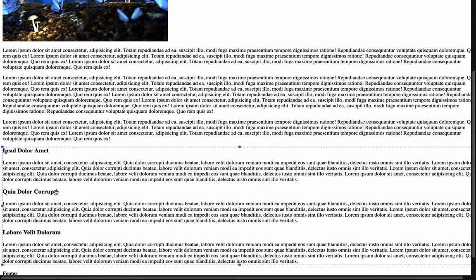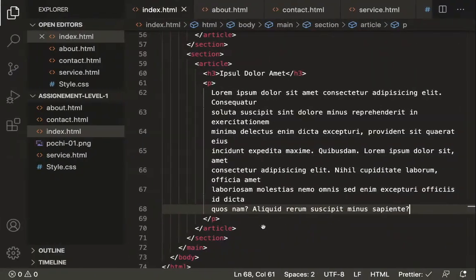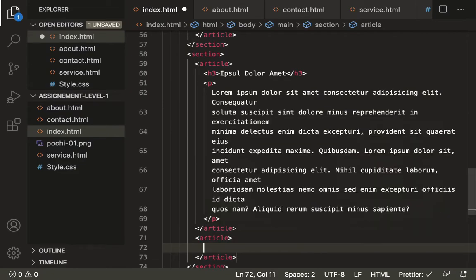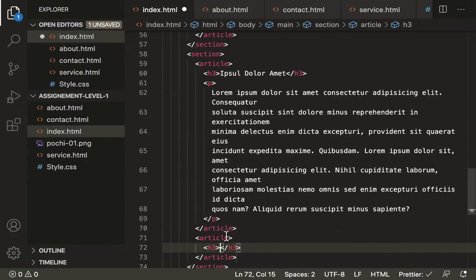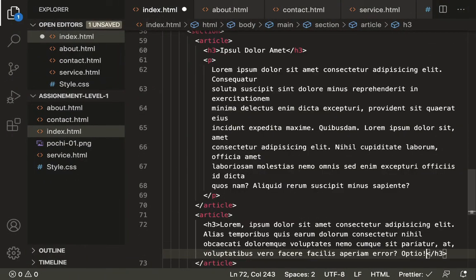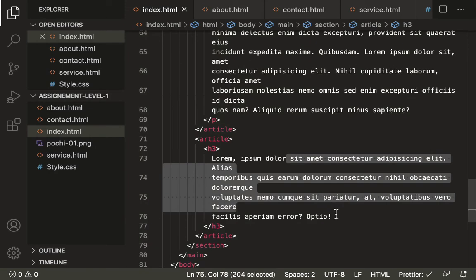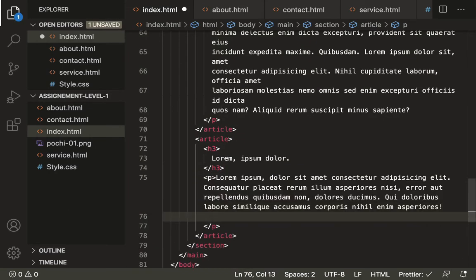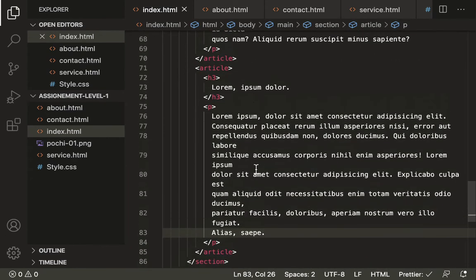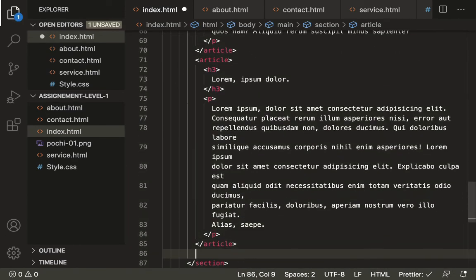Then in this section we have 2 more articles. So now go to here, define our next article, h3. All these heading levels are same, so I'm using same heading level, h3. So alright, so let's use our text here. Great. We don't need big heading. Then we have paragraph. Alright, so we are done with the second article also in this section.